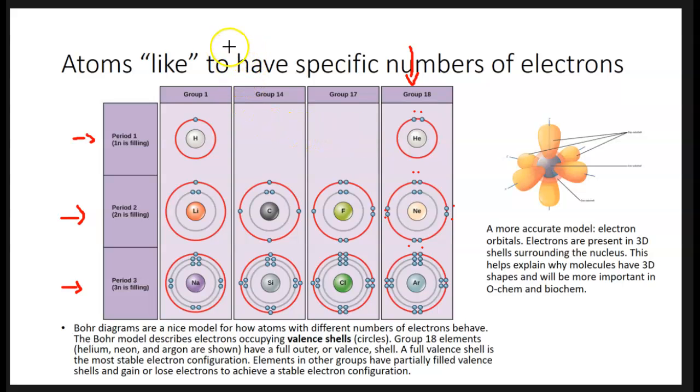On the other hand, atoms that have either just 1 electron in their outer electron shell, and so they could get rid of that 1 electron and be nice and stable and happy, or atoms that have almost enough electrons in their outer electron shell, for example, fluorine, which is atomic number 9. So it's got 2 in its inner electron shell and 7 electrons in its outer electron shell. It needs just 1 more to fill up that outer electron shell like neon does. These chemicals are very chemically reactive. They like to either pick up or give away an electron, and they do that through chemical reactions, as we'll talk